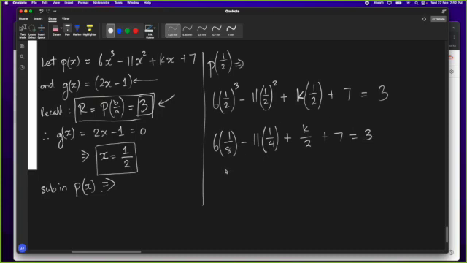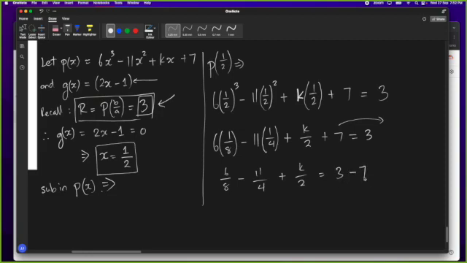So I have 6 over 8 minus 11 over 4 plus k over 2 is equal, let me throw the 7 across now, so we'll get